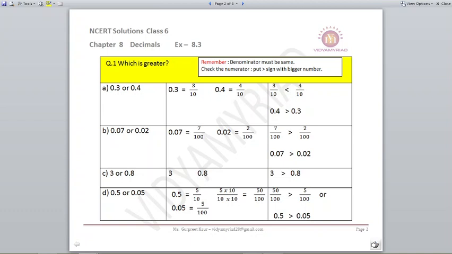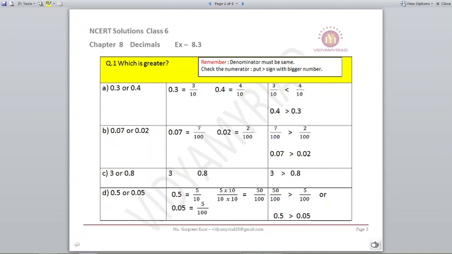0.5 or 0.05. Now after the decimal, in the first case there is only one digit. In the second case there are two digits. So what I will do is first convert it into fraction, 5 upon 10 and 5 upon 100. So denominator is not same here. So what will I do? I will try to make 10 as 100. So for that I need to multiply 10 in the numerator and 10 in the denominator, which means 5 into 10 upon 10 into 10 gives me 50 upon 100. So my two fractions are 50 upon 100 and 5 upon 100.